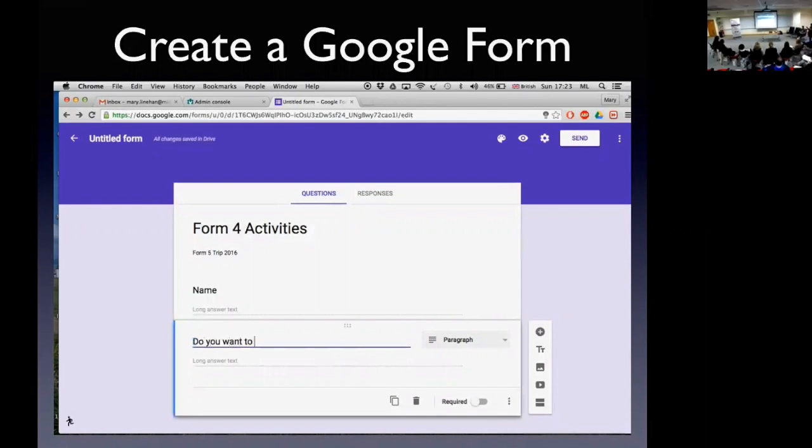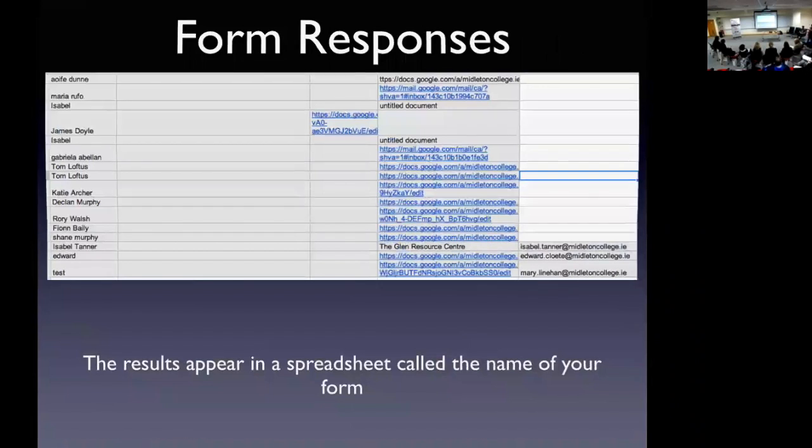But Google Forms, very handy. I couldn't recommend this one highly enough. I use it all the time. Apart from that,